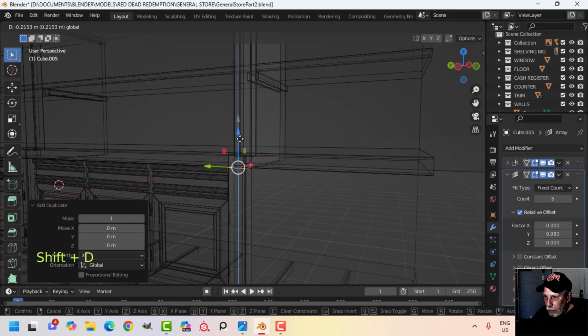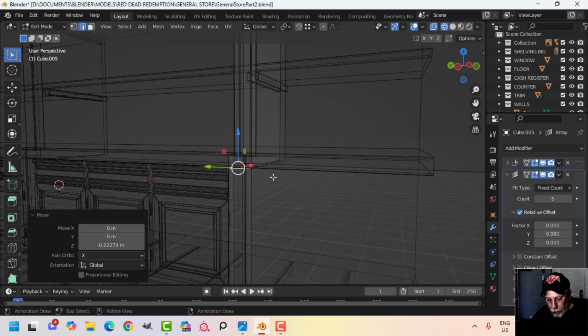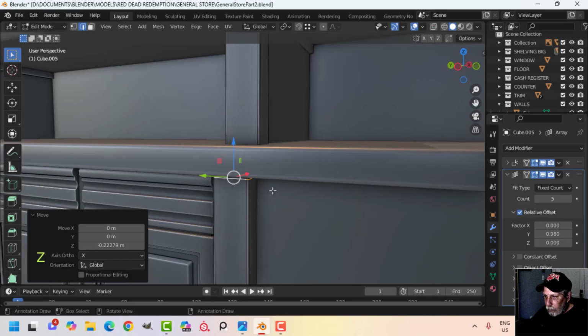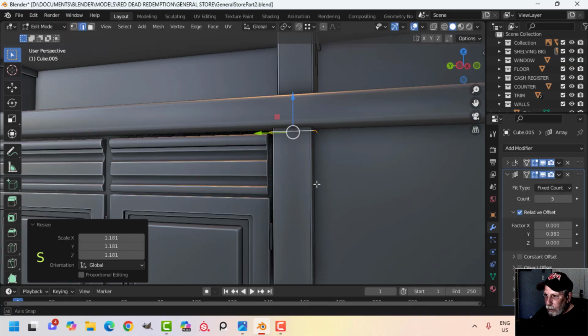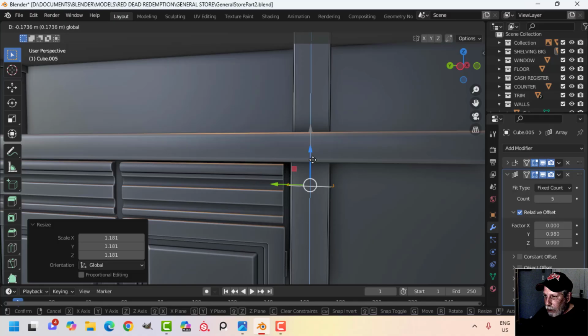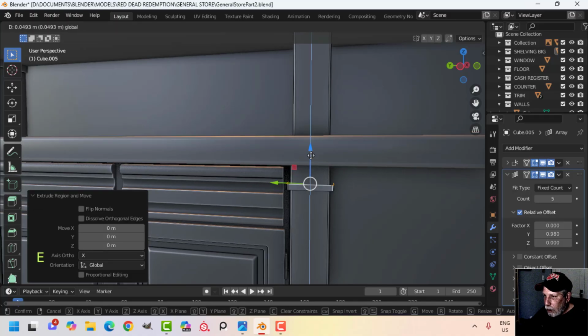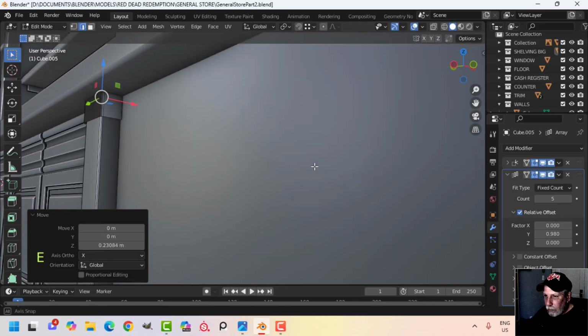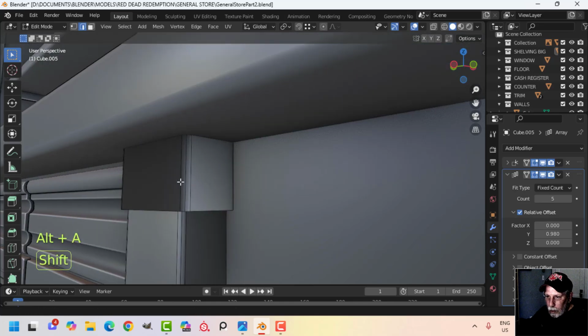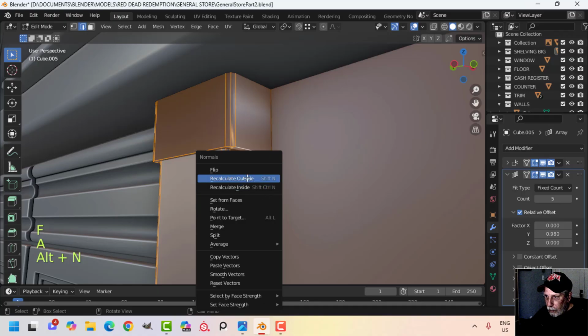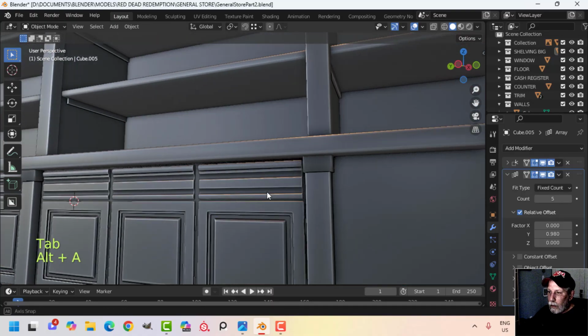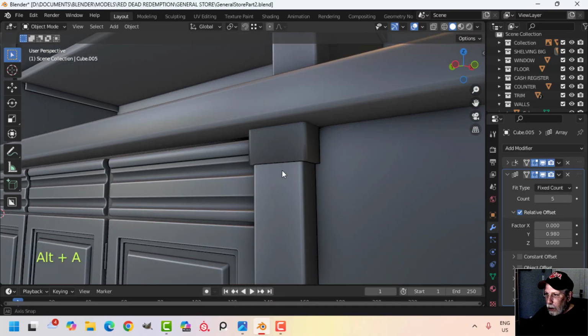Shift E to duplicate, pull it down. Let's go back into solid and scale it out. I'm wondering if I could just make something out of this. E to extrude, push it up. I know it's flipped. Let me just fill that. And what if I just